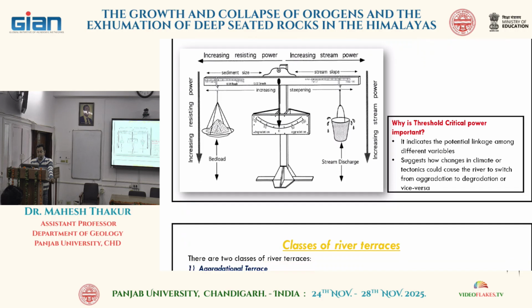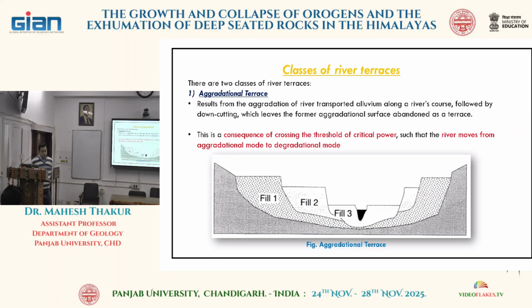Okay. So now there are different types of river terraces. There are aggradational terraces. These result from aggradation of river transported alluvium along a river course, followed by downcutting, which leaves the former aggradational surface abandoned as a terrace. This is a consequence of crossing the threshold of critical power, such that the river moves from aggradational mode to